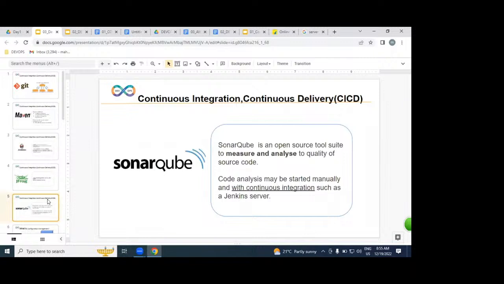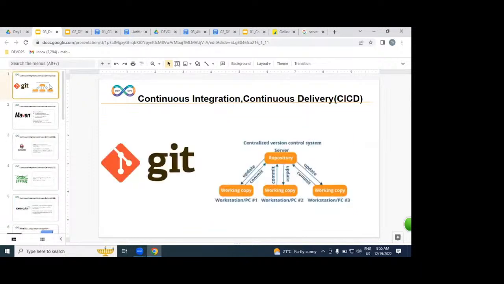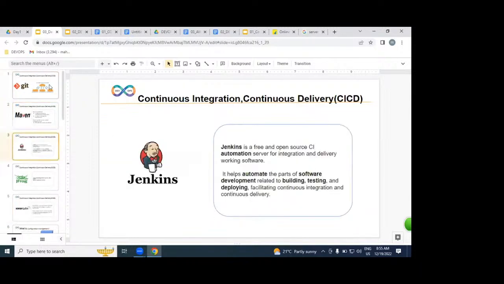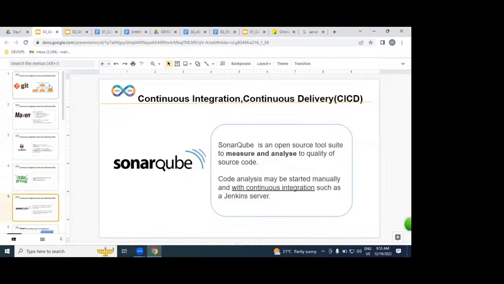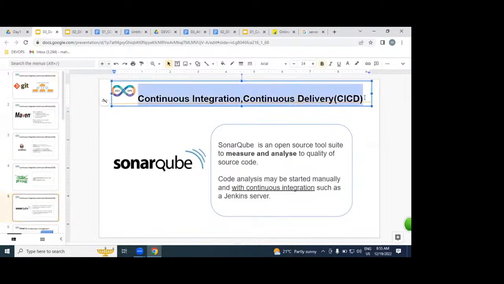It is an optional tool, but we are going to discuss it. By using SonarQube, it verifies whether developers are following standards or not, and gives statistics and reports. With these tools, Git, Maven, Jenkins, JFrog, SonarQube, we are going to implement the CI/CD process.